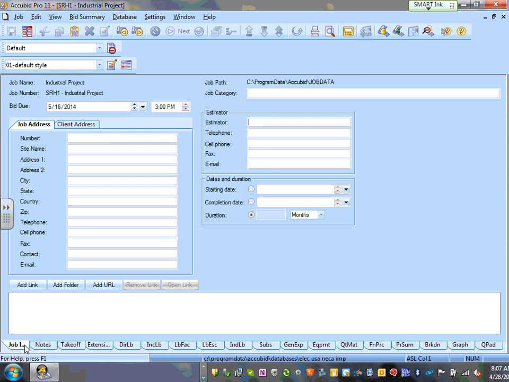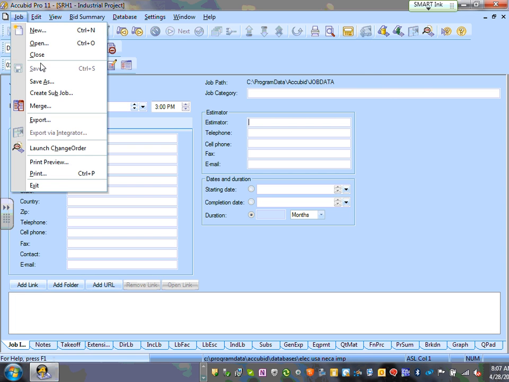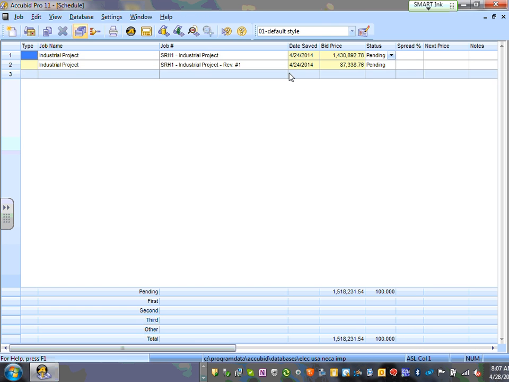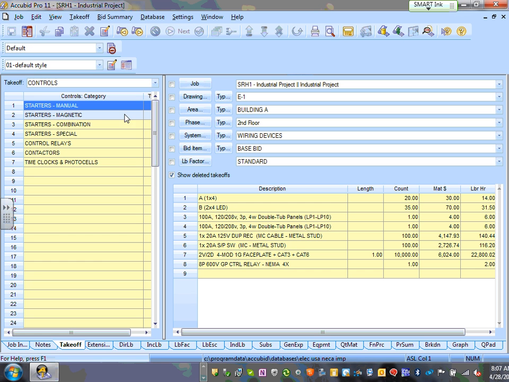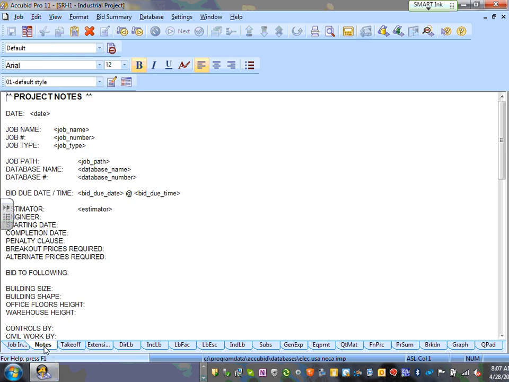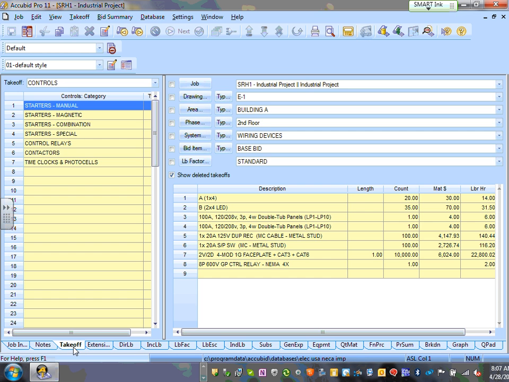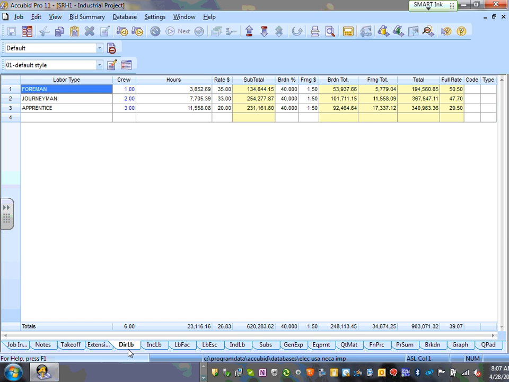I'm right here. Let me go to file, close the job. When you come over here, here are all the jobs that you have. You double click on this little icon here. It takes you into the tabs. AccuBid is so easy, like Excel, guys. You go to a tab: here's my job info. My notes, we're not going to do anything in the notes, Sarah. Feel free to if you want to. Here's my takeoff, here's my extension, direct labor,